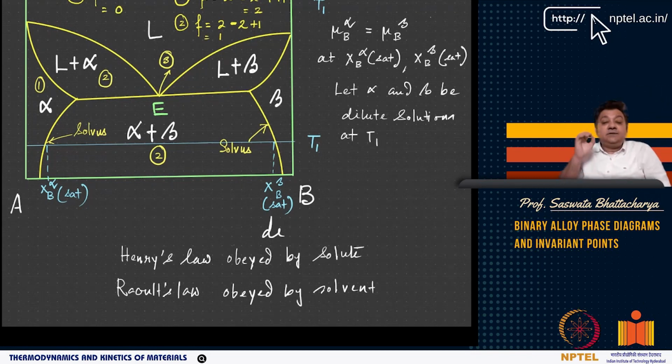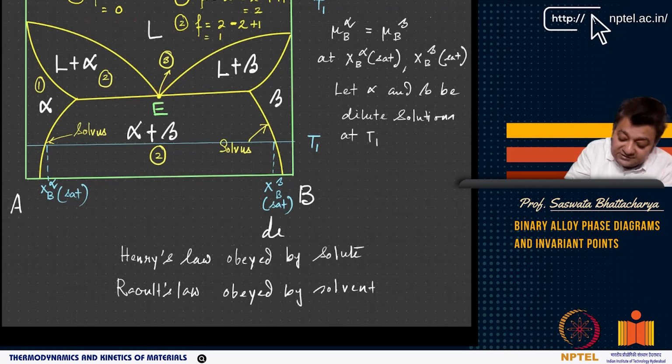So at the point E, you cannot independently specify anything. At point E, the degree of freedom is 0, that is, the composition and temperature are both already fixed, right? There is no degree of freedom. As soon as we are thinking of a eutectic point where 3 phases coexist, the composition and the temperature are already fixed. This eutectic point is the point where you have the 3-phase coexistence, right? 3-phase coexistence means degree of freedom equal to 0.